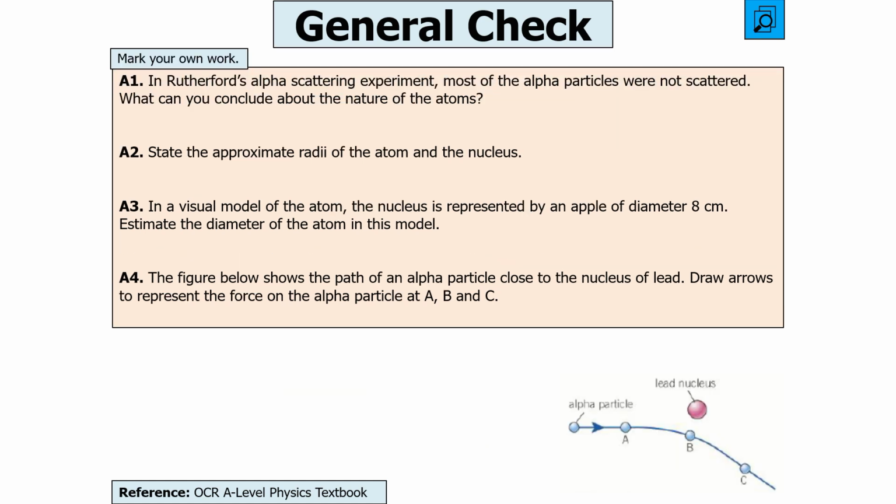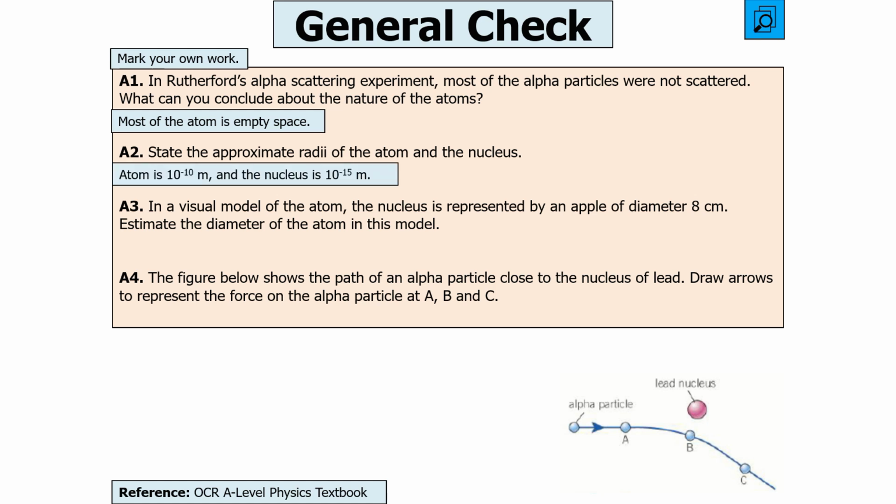Right, it shows us firstly that most of the atom is empty space because the particles move through undeviated. You've got to know the fact that the atom is 10 to the minus 10 meters and the nucleus is 10 to the minus 15 meters in terms of radii. So using the fact that the difference between the two of them is 10 to the 5, the diameter is going to be 8 centimeters times 10 to the 5, that's the difference,